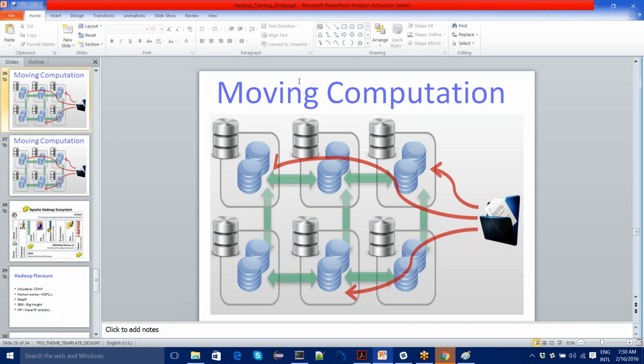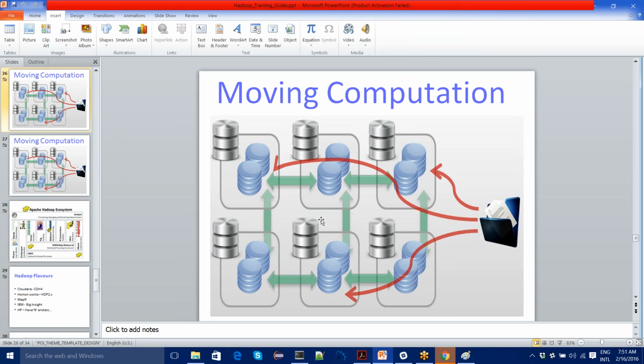That means we are moving the computation also to the slave node. So here the master node is like a supervisor kind of thing. It is a complete master, only delegating the work to the slaves.